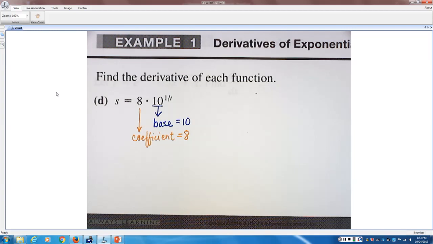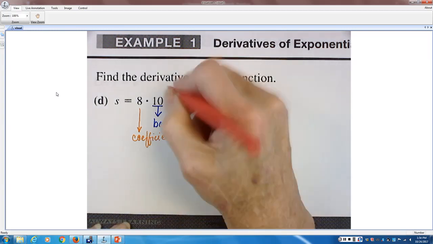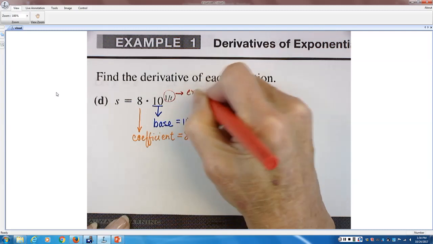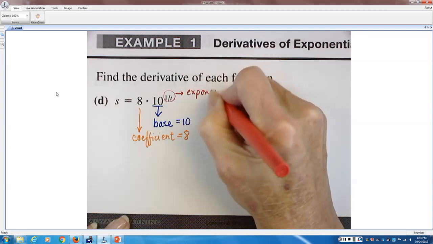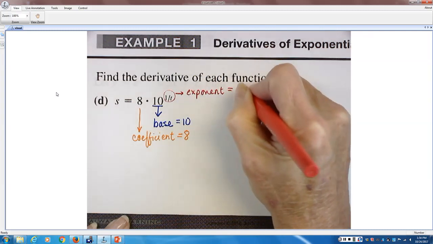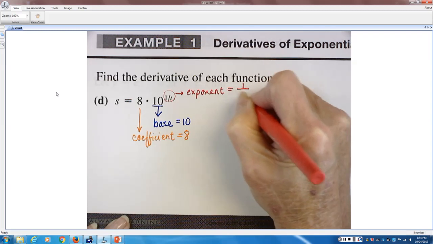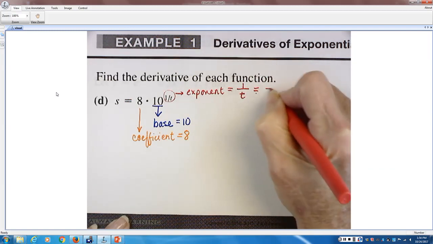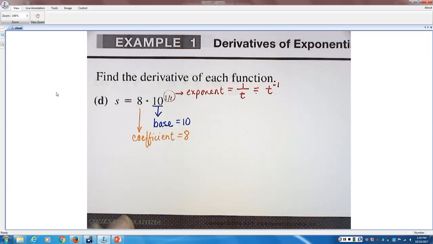And then your power is 1 over t. And you could rewrite 1 over t as t to the negative 1 power and use your power rule to